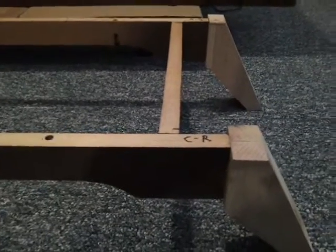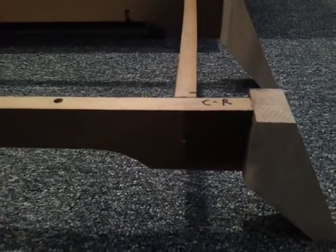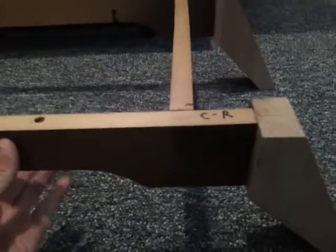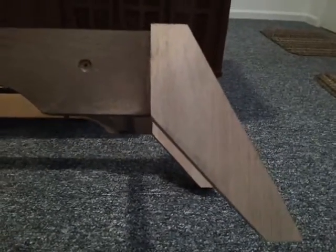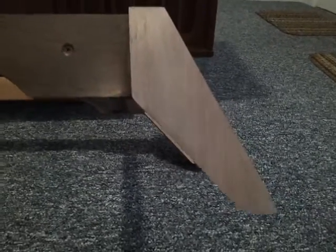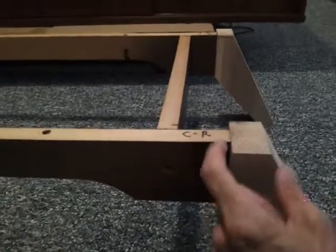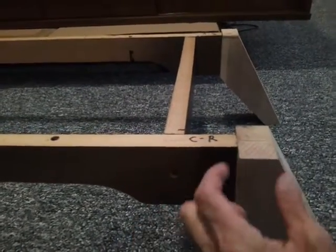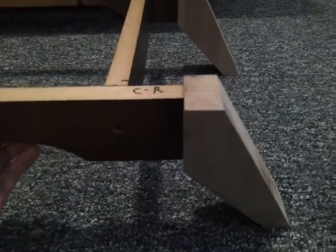Alright, this is a video showing you how far I've got along on redoing the whole leg structure here, or whatever you want to call it. Those are the new legs that I made, or that's one of them. If you remember right, the old legs just went straight up and down. They were just this color and just straight up and down, really very unattractive for the